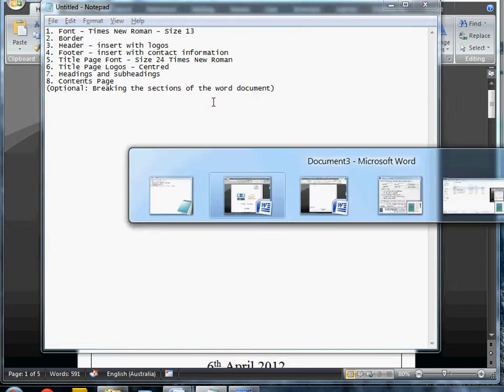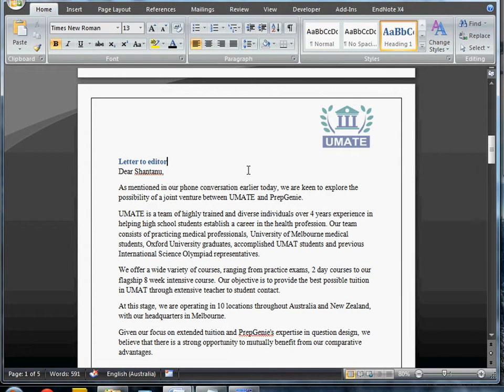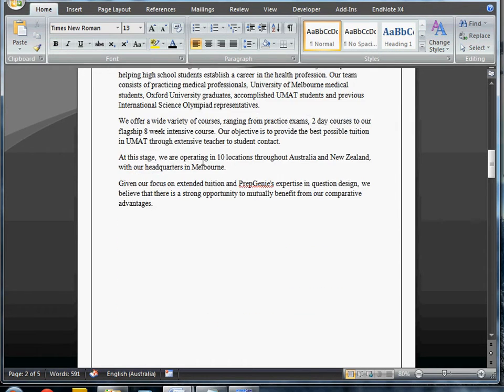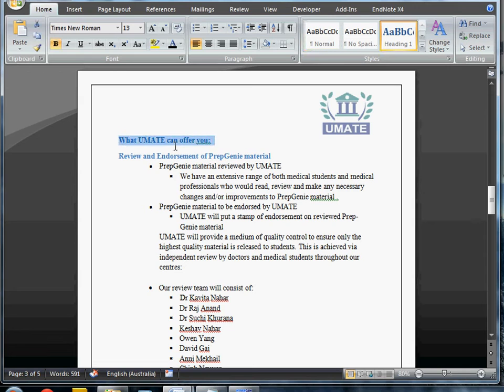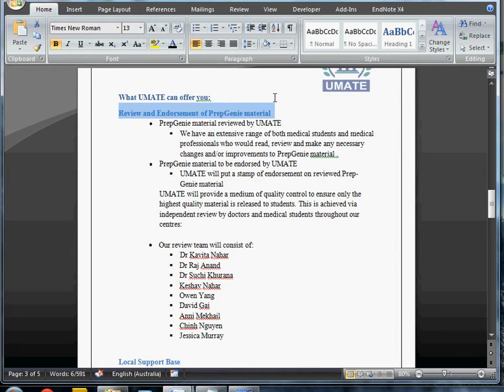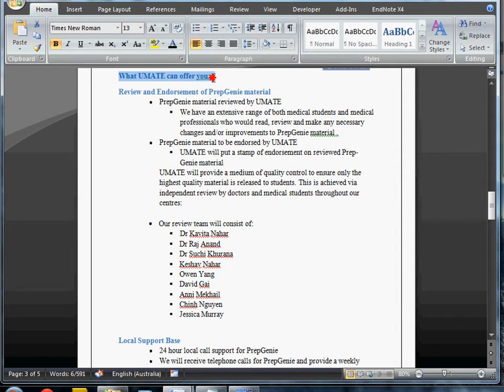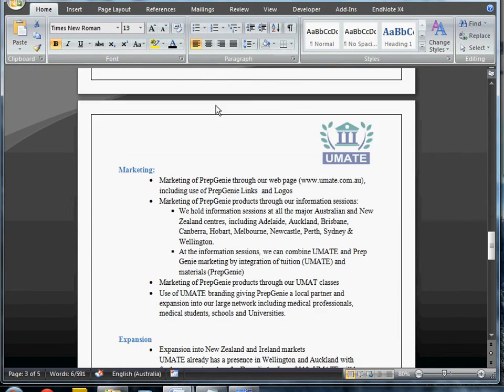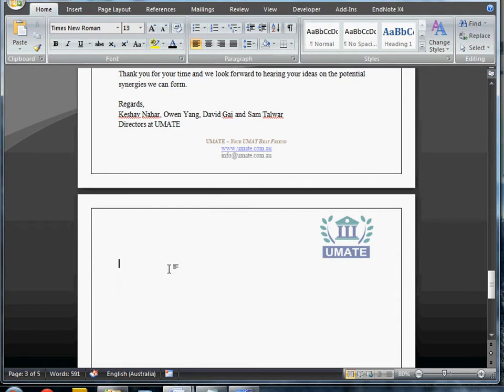So step 7 is to create headings and subheadings. This is quite important in order to create the contents page afterwards. So we click here. Notice that normally it may look like this. We must change it to heading 1. This is quite important. So once again, headings, you change to heading 1, and these later headings are underneath this first one. So we select heading 2 by clicking here, and we continue doing that for all titles in